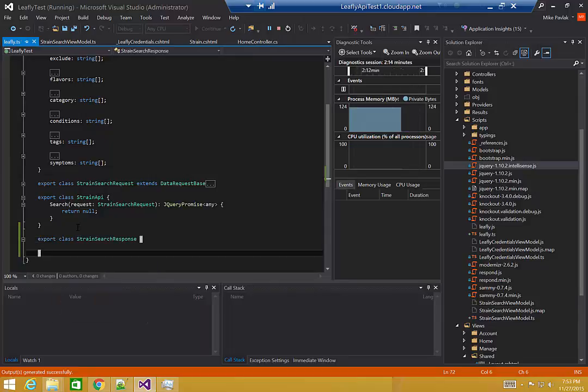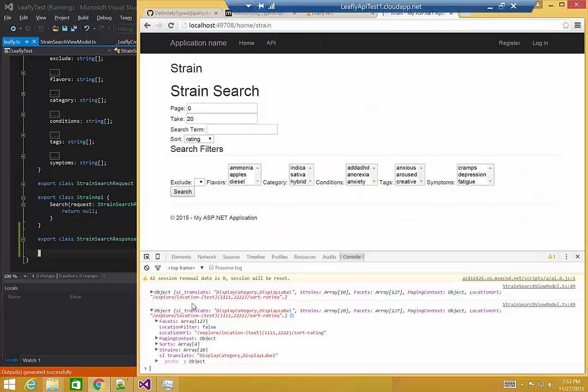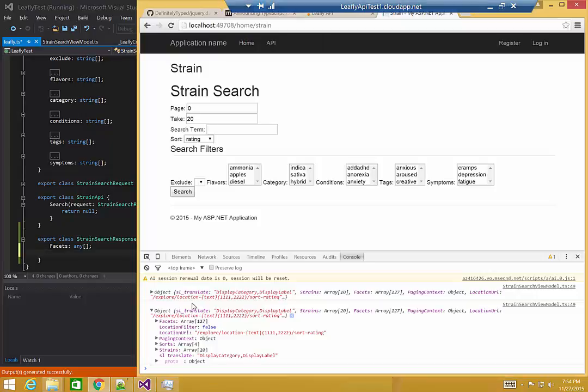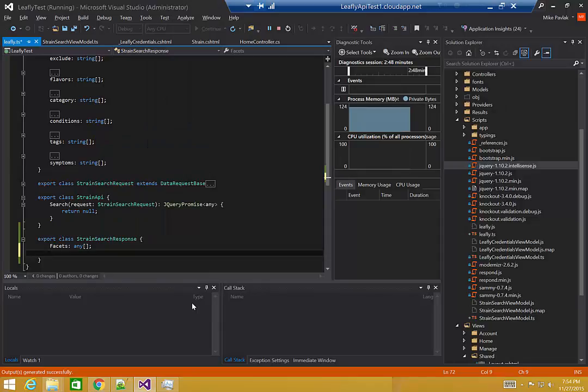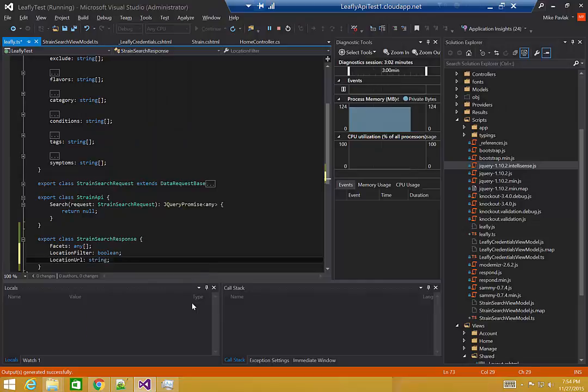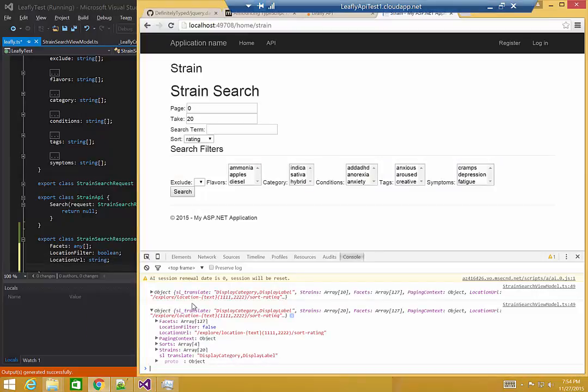To create this class, I'm just going to add the properties one at a time. So we have facets, and the type is an array, and for now let's just say it's any. There's a location filter Boolean property, a location URL string, a paging context object,